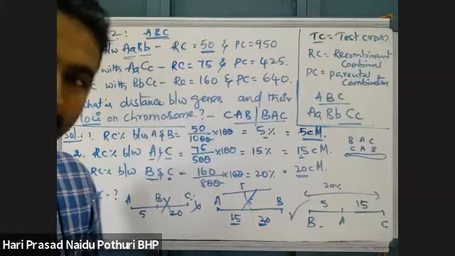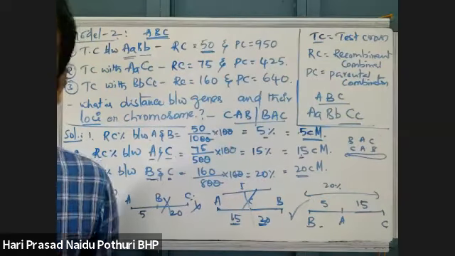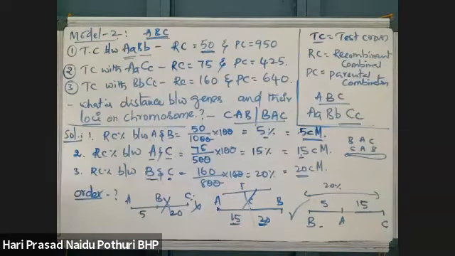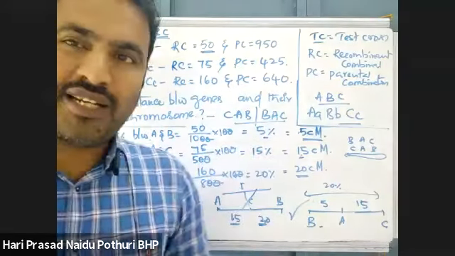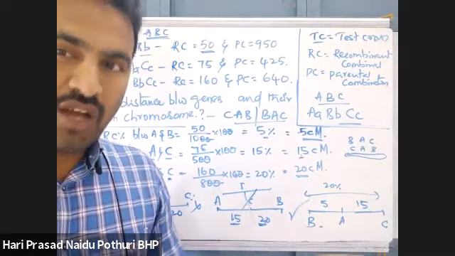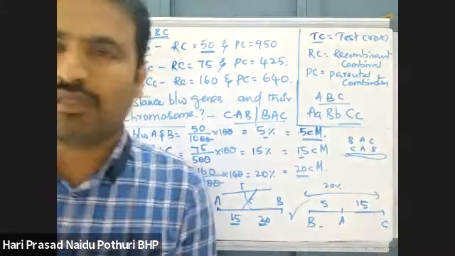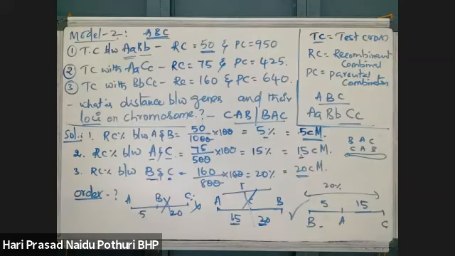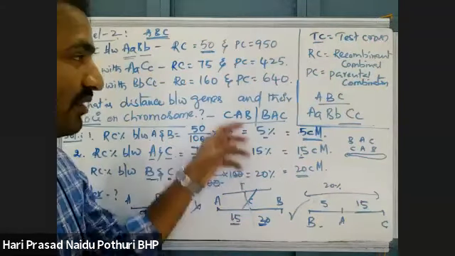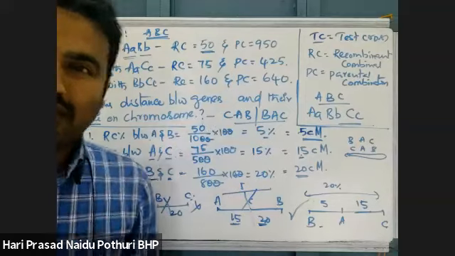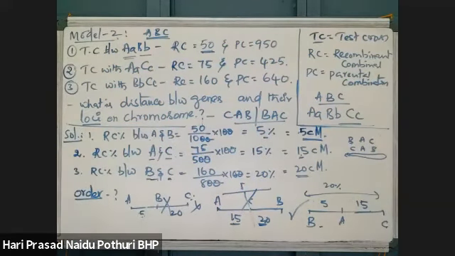In the exam, the data will be given to find that, definitely the ratios of recombinations and parental combinations. The data will be given to find the answer. Otherwise, you have to conduct experiments and find parental combinations and recombinations in the field. You have to conduct those experiments, crossing between Drosophila, which we should conduct in the laboratory. Then we have to observe the characters, then we have to calculate. Otherwise, the data should be there.